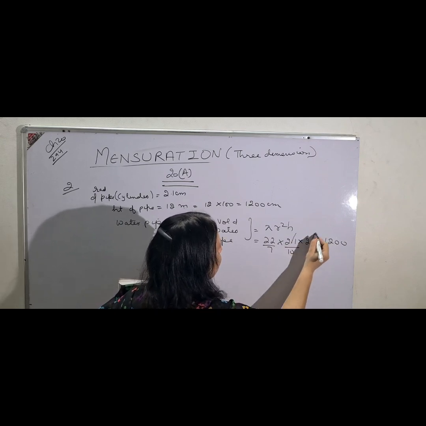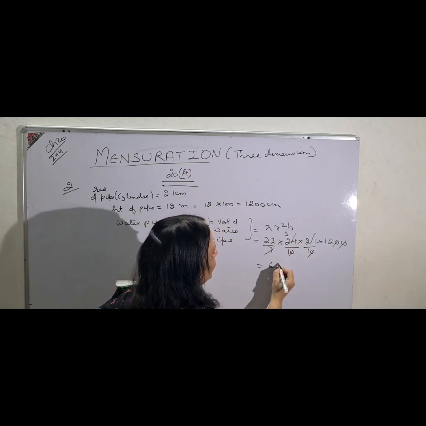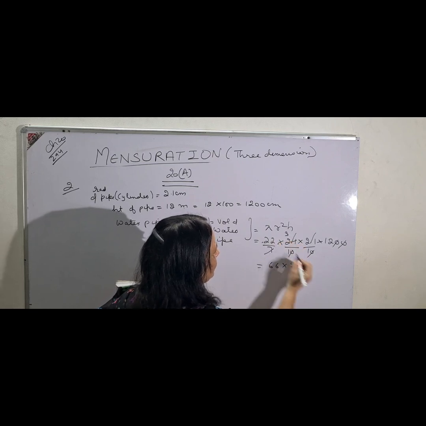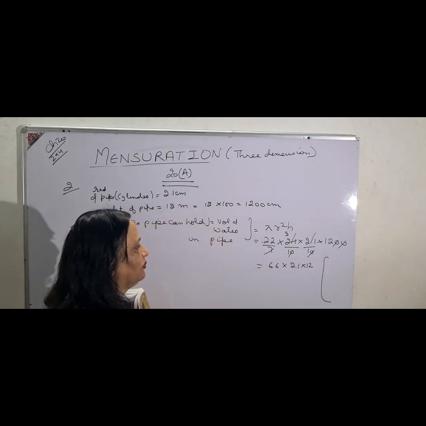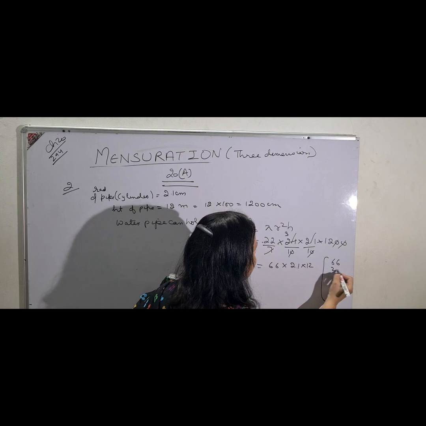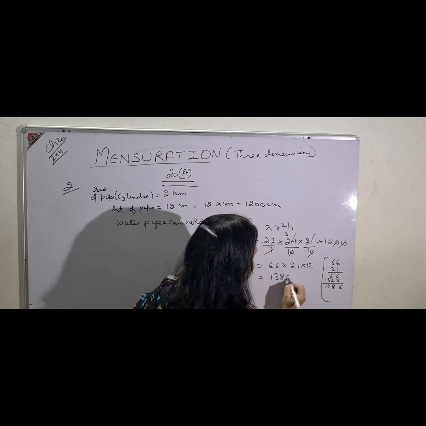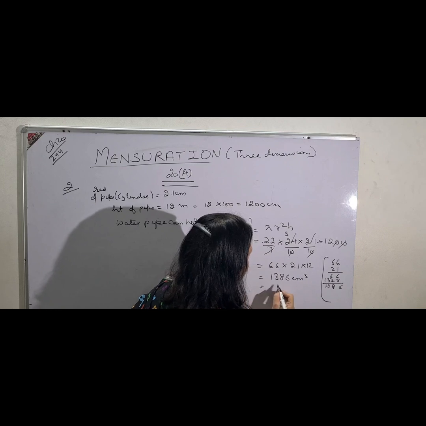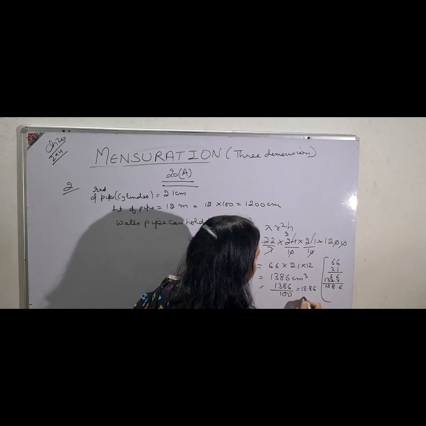Point cancels, again point cancels. See, I am cutting and doing each and every calculation. 3 to the 6, and this is 21, and this is the way you are going to do it. And children, I am telling you this because already in the first term you have made mistakes. Please don't do it, because if you do, then your marks will be cut. There is no doubt about it. 1386 centimeter cube. If you want to do in meters, you know what to do. Divide by 100, or 13.86 meter cube.